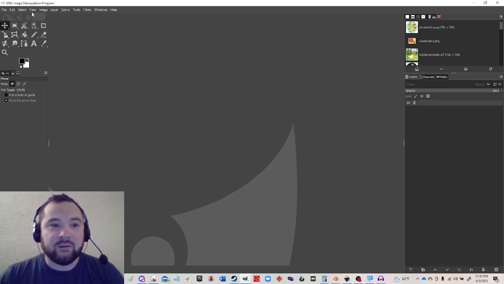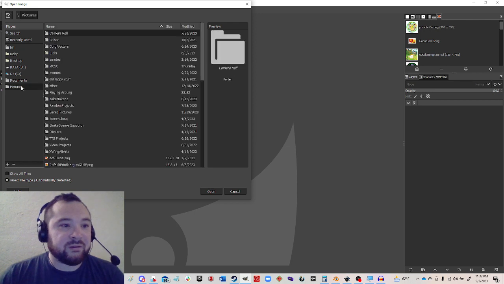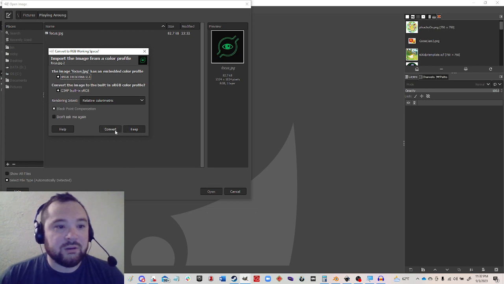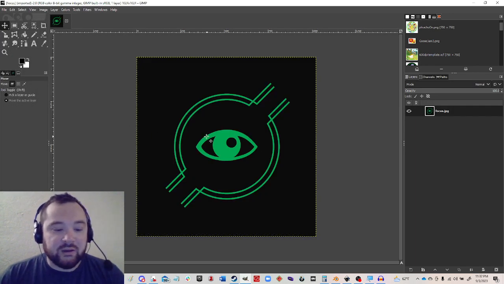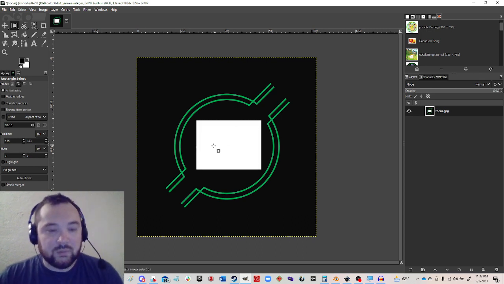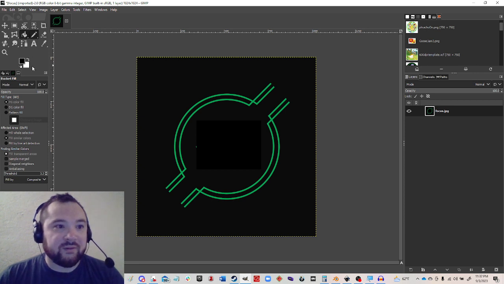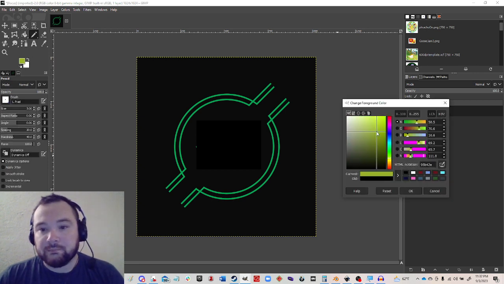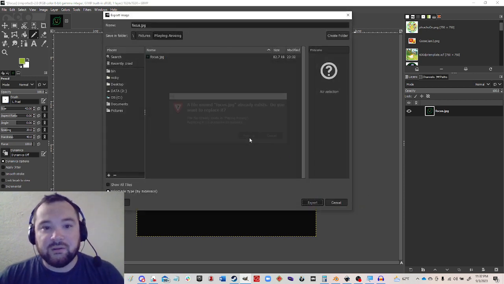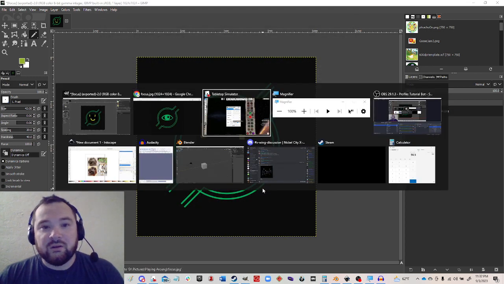You open up your image editor of choice. I like to use GIMP. Forgive the name, it's just what it is. Open up that image, convert anything that you need to. And we're just going to say, you know what, I prefer a big old smiley face. All right, export that, save it, and then all you need to do is you go into